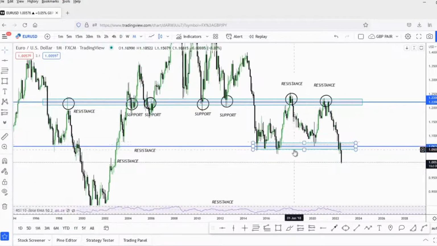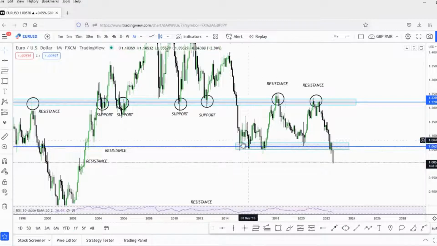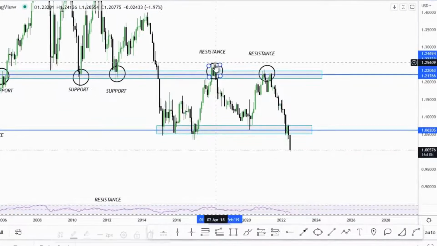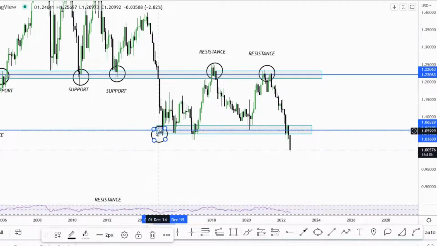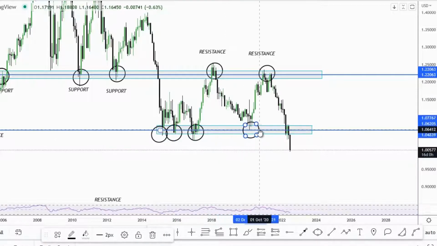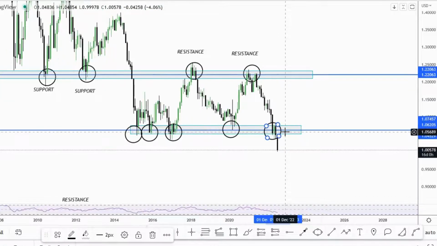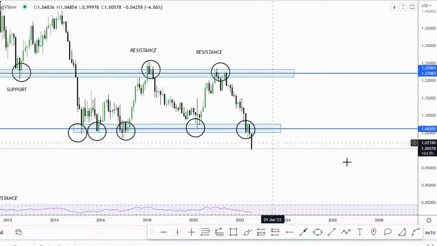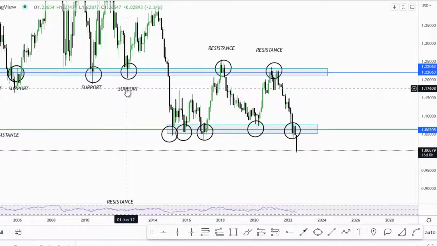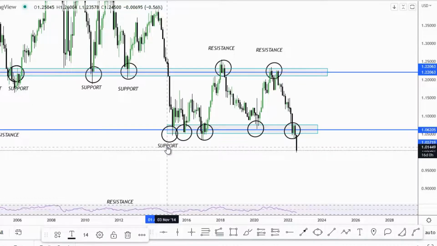Okay, so now this is my area here. Can you see that? How many tests do we have here? Here we have 1, 2, 3, 4. I'll say 5 here because we can see that we have a little dance in this area here. So now this is what price is doing on the monthly time frame. Okay, so all these points are support,